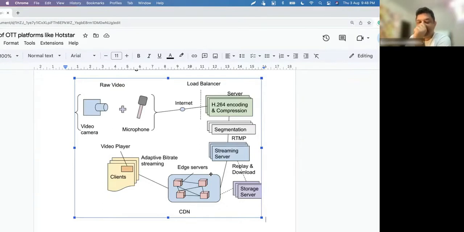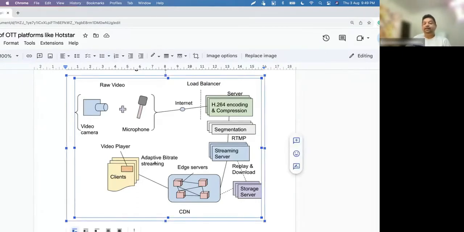These streaming server contents are given to edge servers, and edge servers will give the information to the clients. Clients are the mobile or TV or browser of end users. And adaptive bitrate streaming is the process which involves device detection, whether the user is using 4K or iPhone or what kind of device, and what the network speed of the user is.